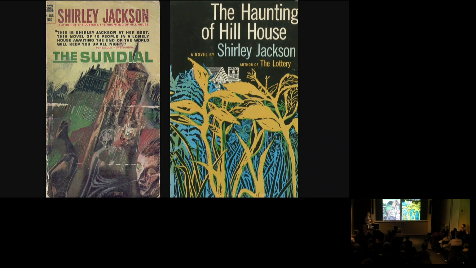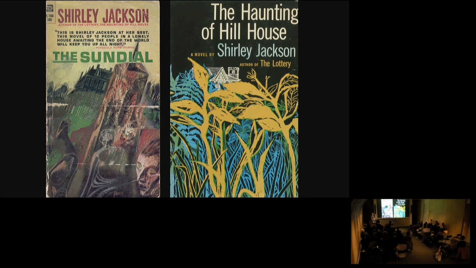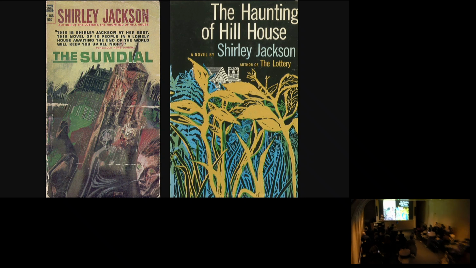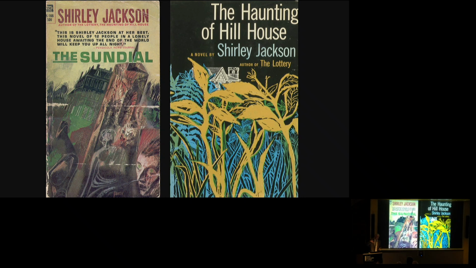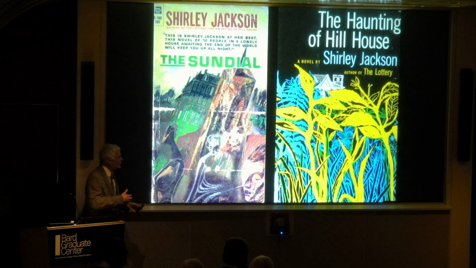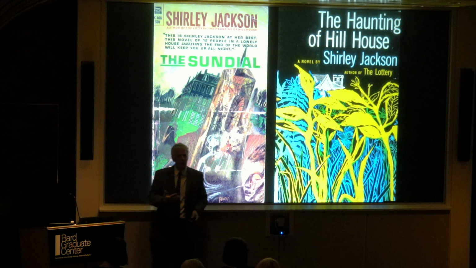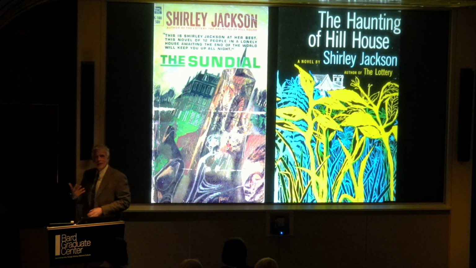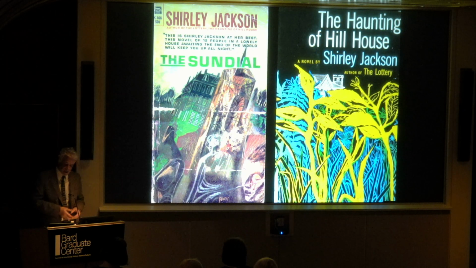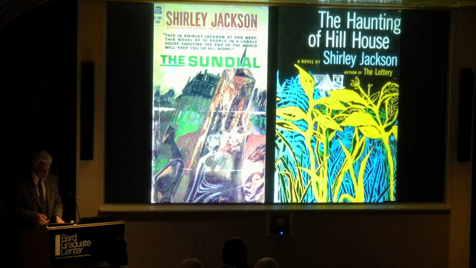About 10 years later, she writes The Sundial, a short novel, and this is about the Halloran family. Most of the action takes place inside the house, but there's a garden that's always visible through these big windows, and there's a sundial that's weirdly off-center in an otherwise symmetrical garden. And it keeps recurring throughout the story as a kind of indication or symbol of the decay of the family.